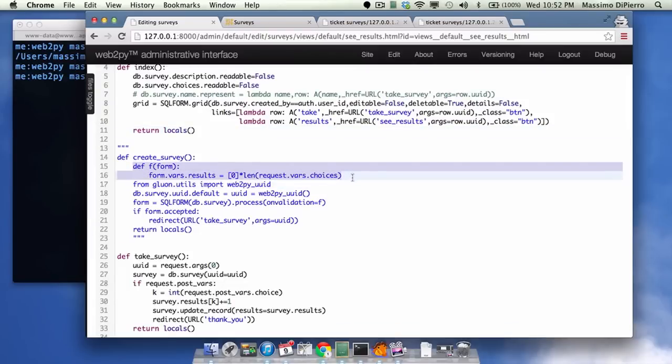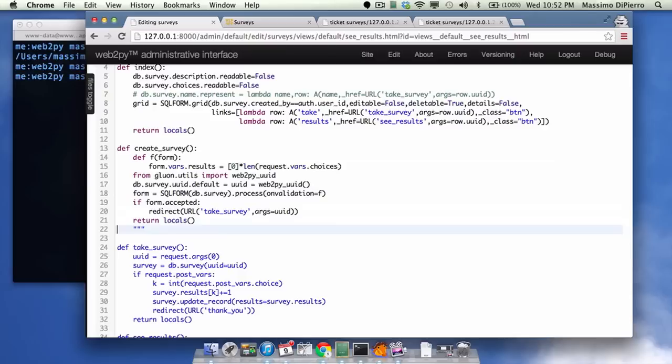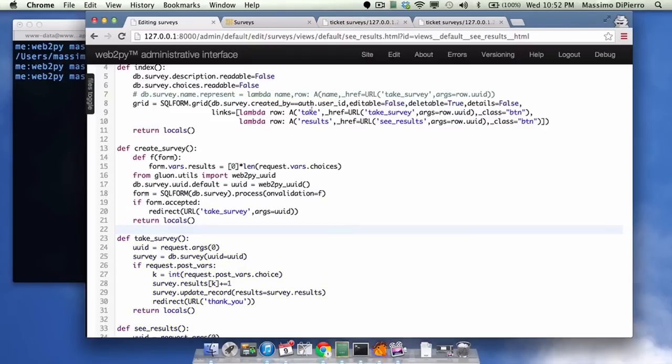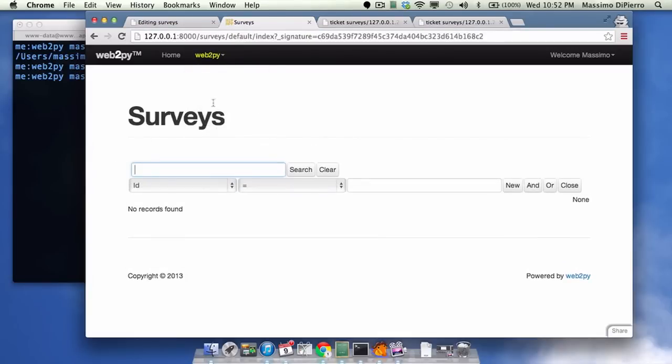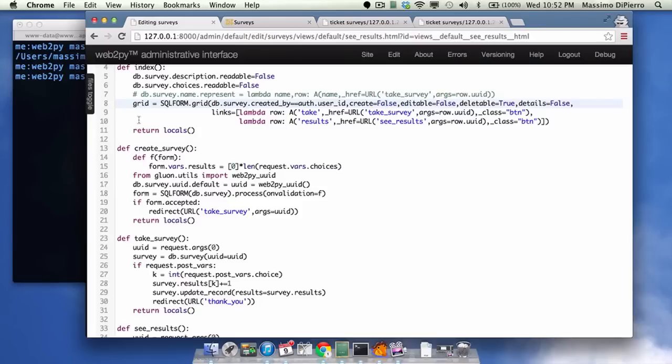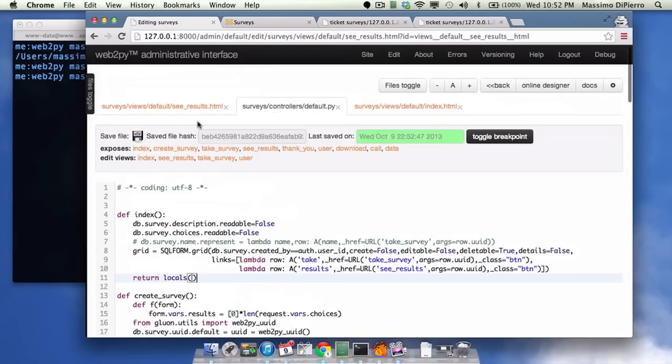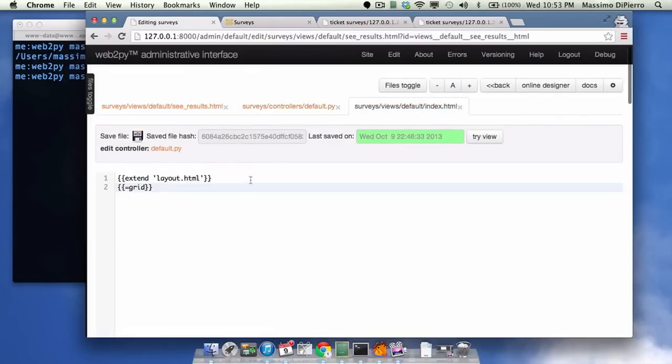You see, this part that allows me to set the number of results to be the same as the number of choices. So actually, I want my own custom create survey, which means I need to disable the ability to create survey. Okay, I need to disable that button, and I need to make my own button there. So let's edit that. Let's edit the index view,